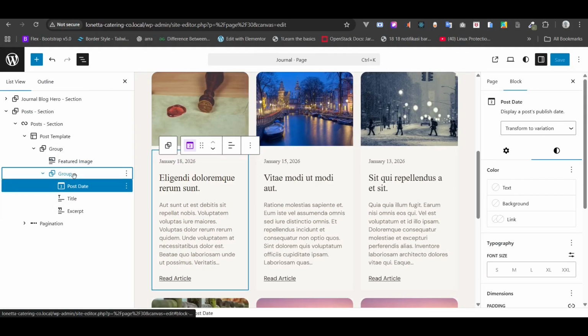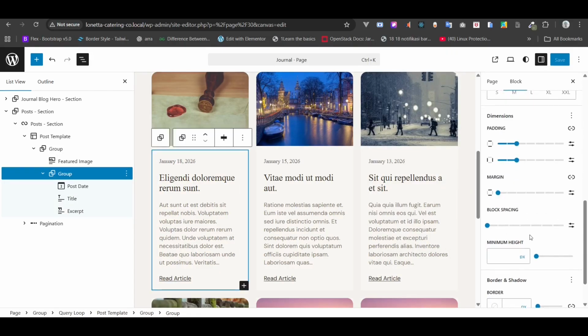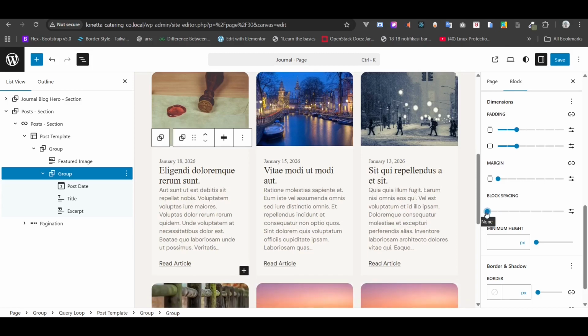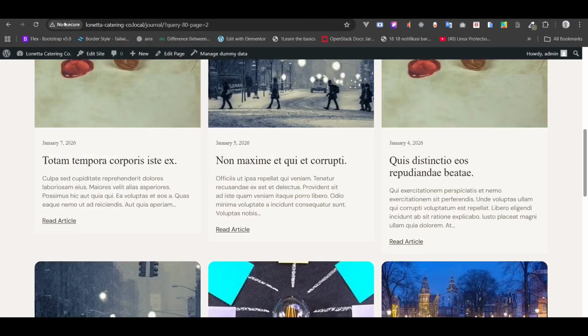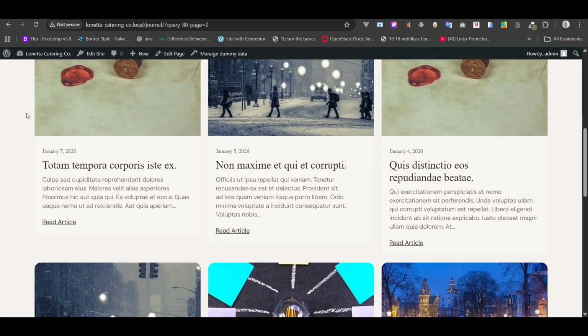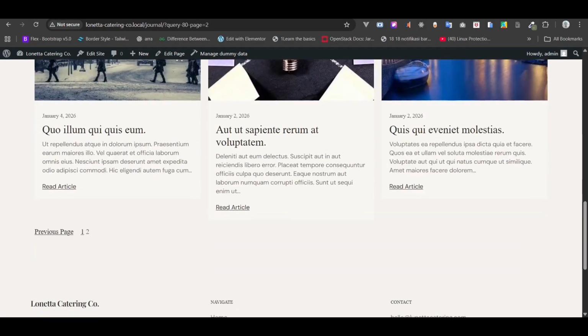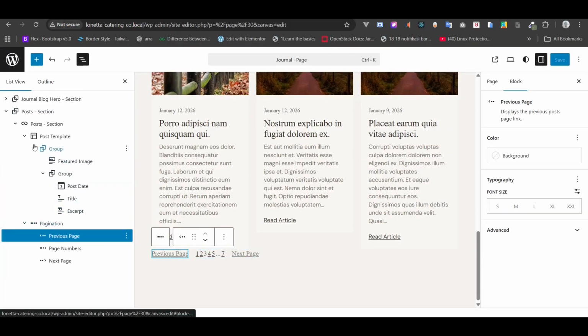For group again, I think I want block spacing, maybe tiny. Save. I want to see the progress. Now if we reload, now we have a better block spacing inside the text. Okay, and for the